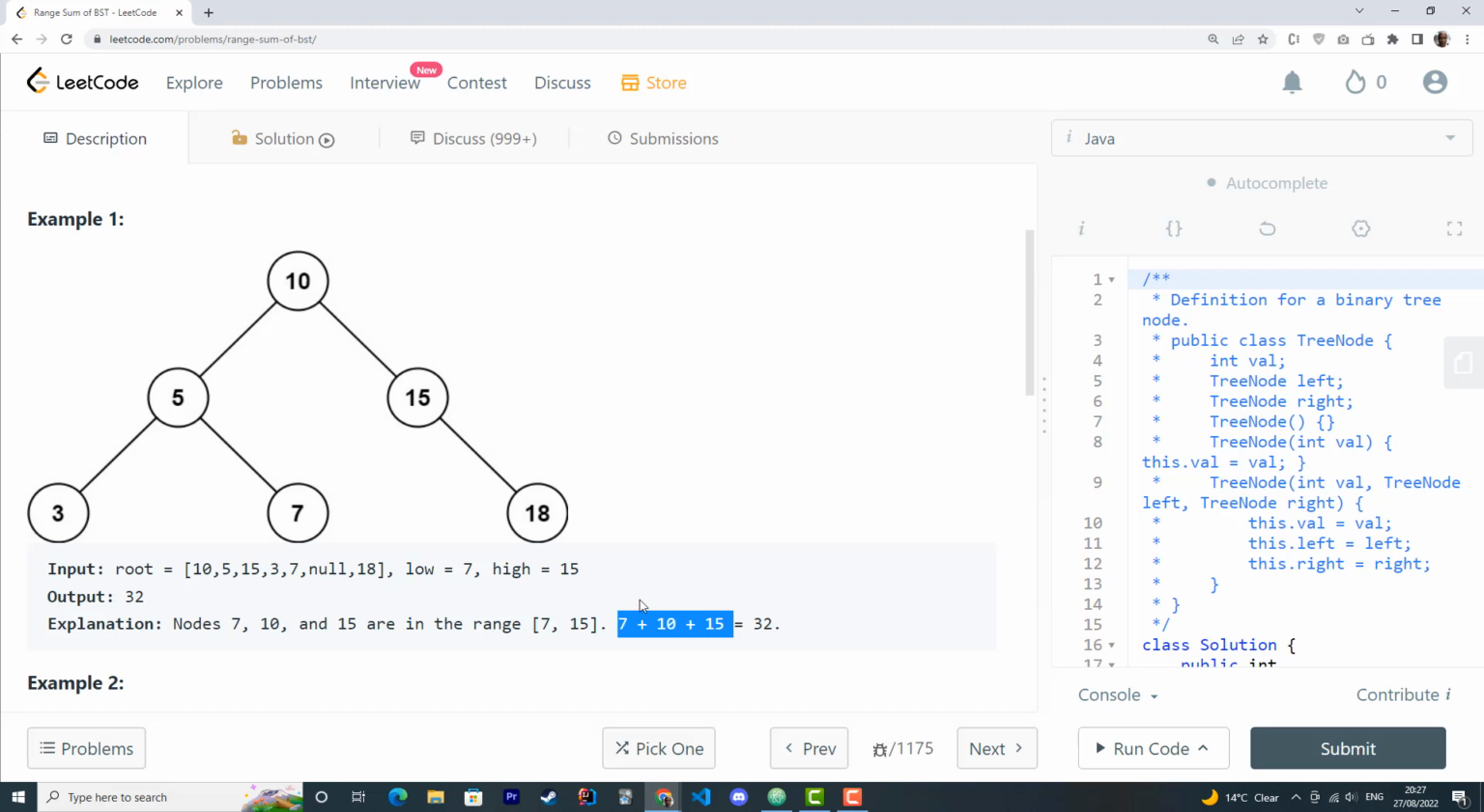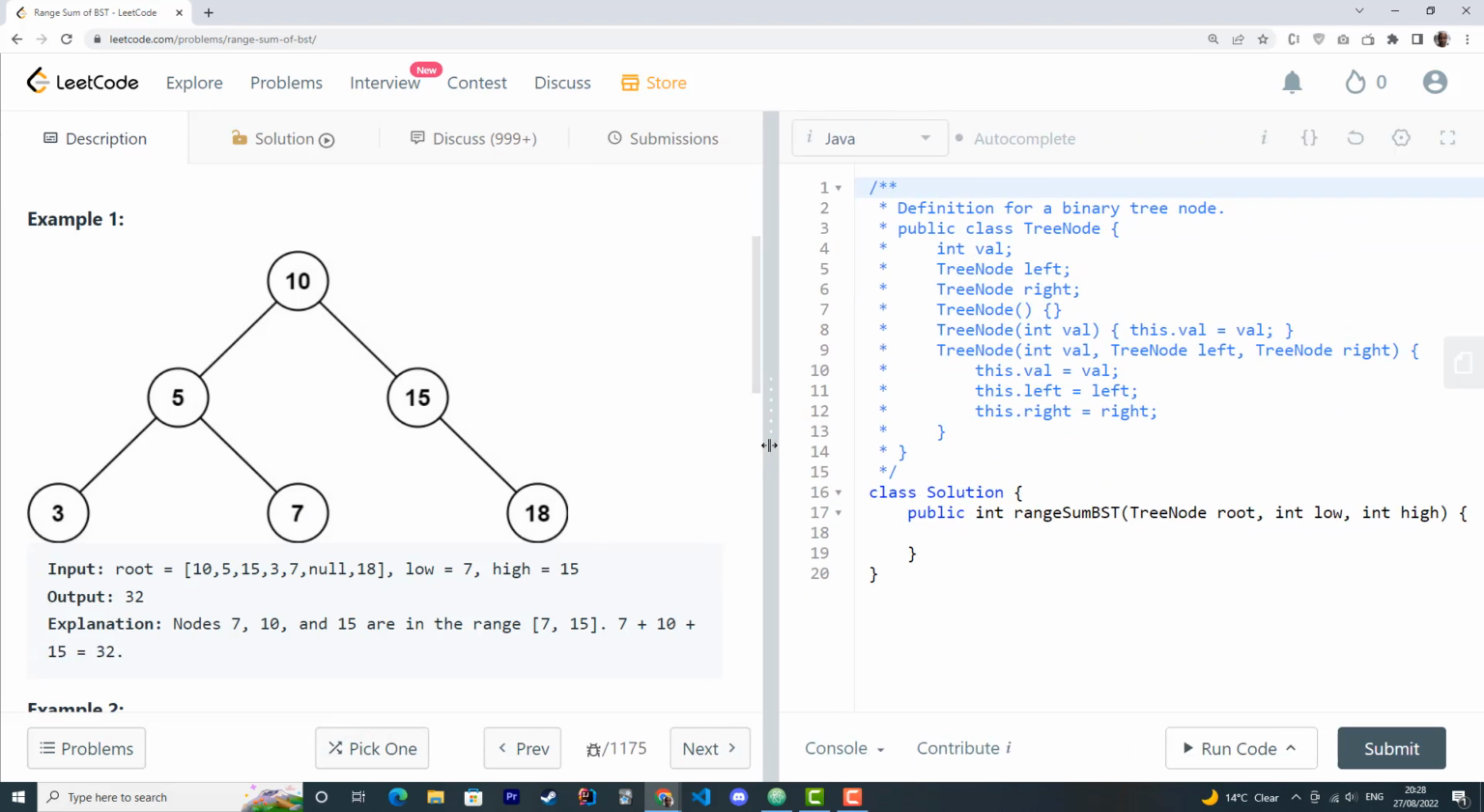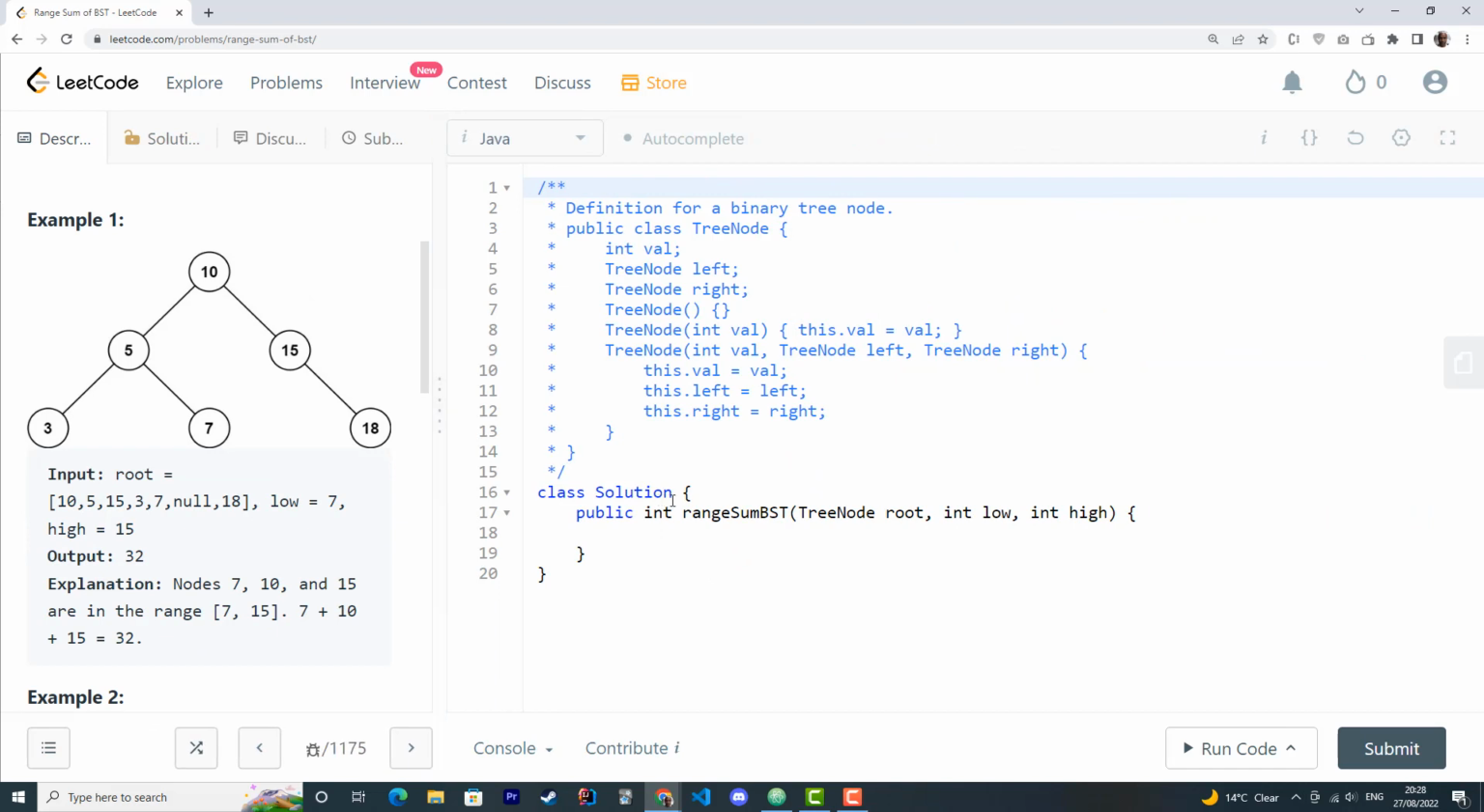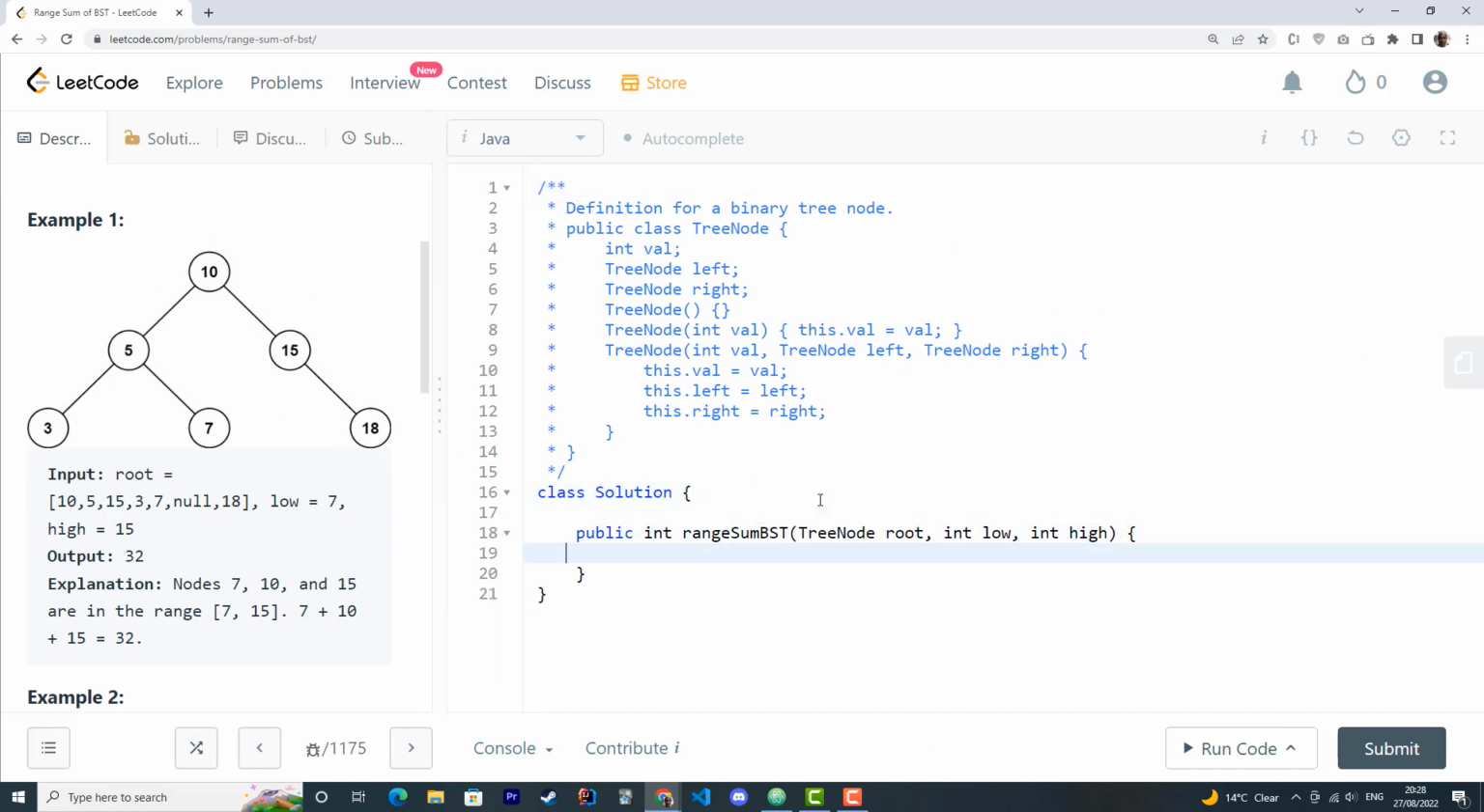So it's a tree problem, and usually tree problems ask for recursion. So we're going to use DFS to solve this problem. Okay, let's deep dive here in the code. I'm going to leave the example here. What we're going to do is